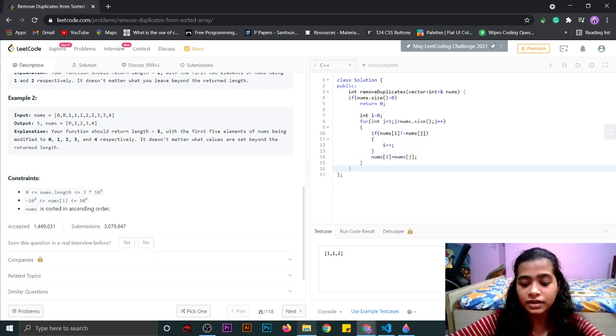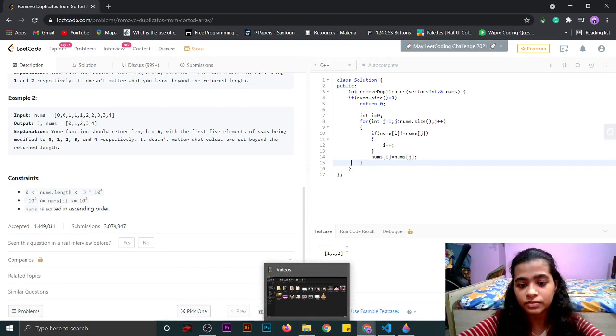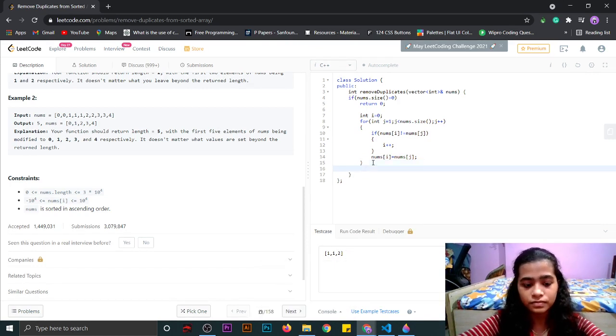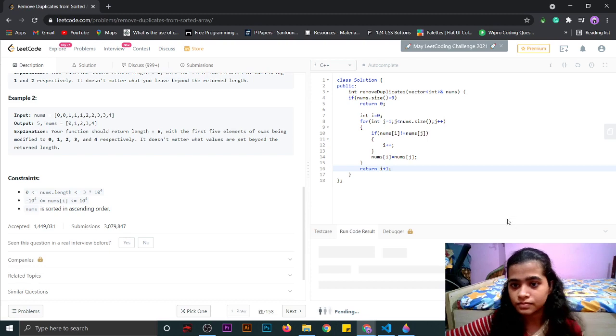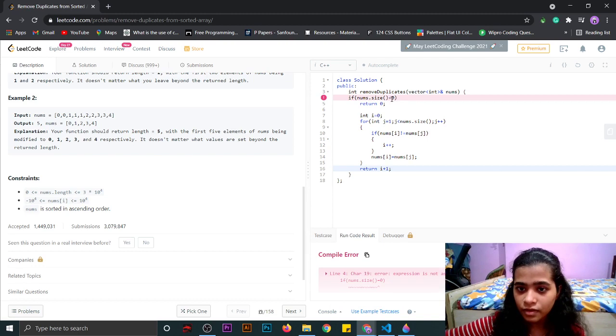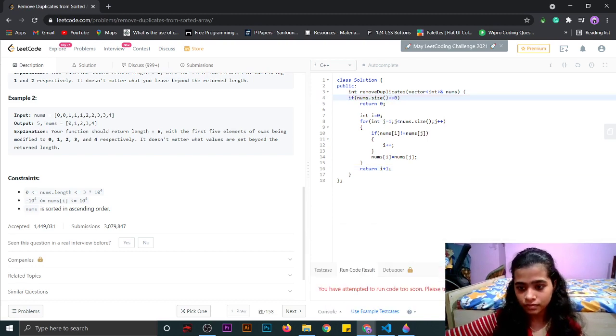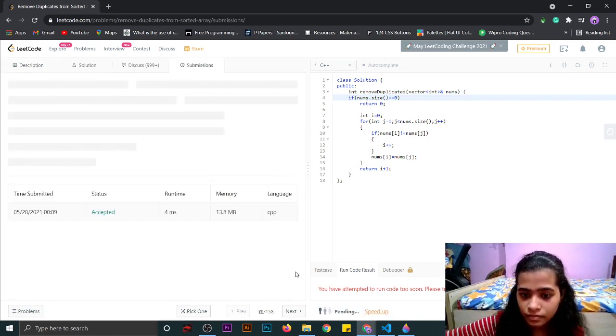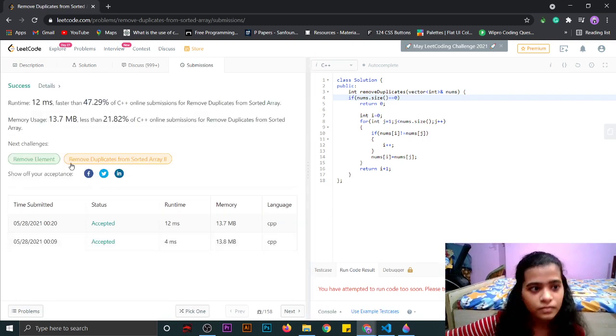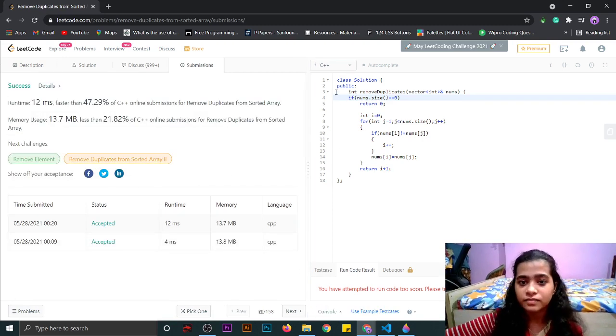And then we will simply return i plus 1, because the index starts from 0. The solution is submitted. So this was the solution for this problem.